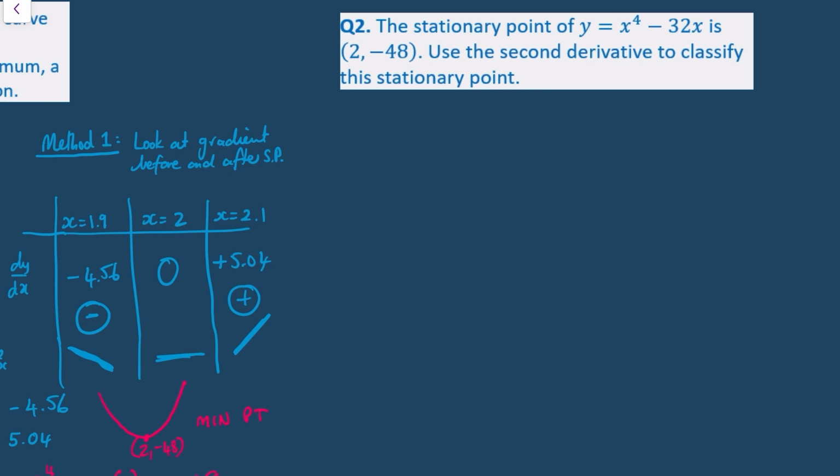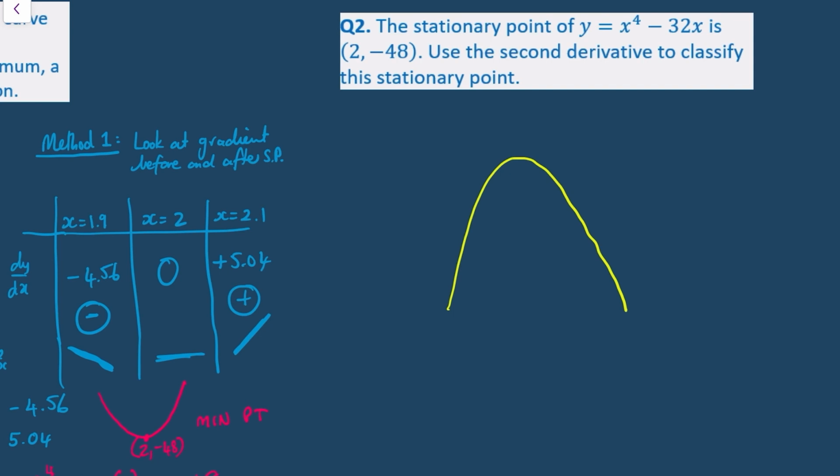It's how y changes with respect to x, and the second derivative is the rate of change of the gradient, which means if I were just to sketch this and show this to you,